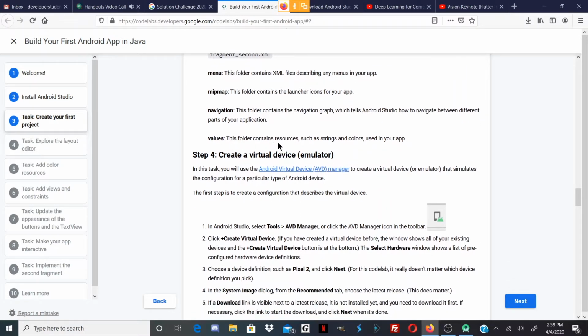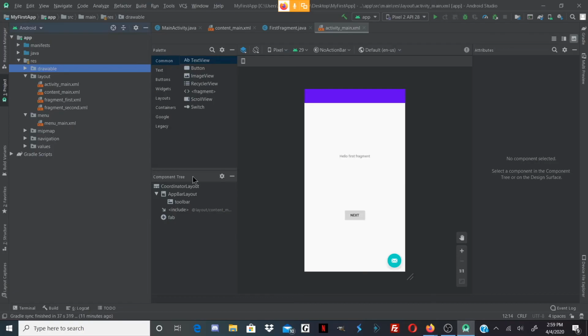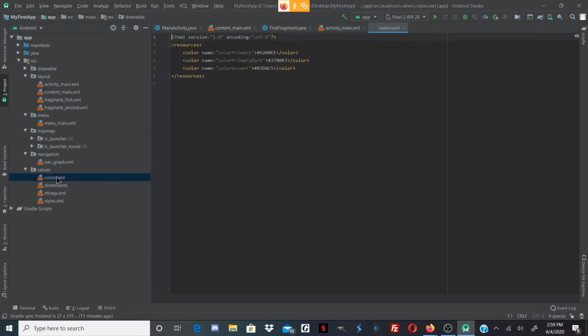Values, this folder contains resources such as strings and colors used in your app. So let's go back to Android here. Here are those folders, nav graph, values. If I click values, color, XML, this is kind of like your